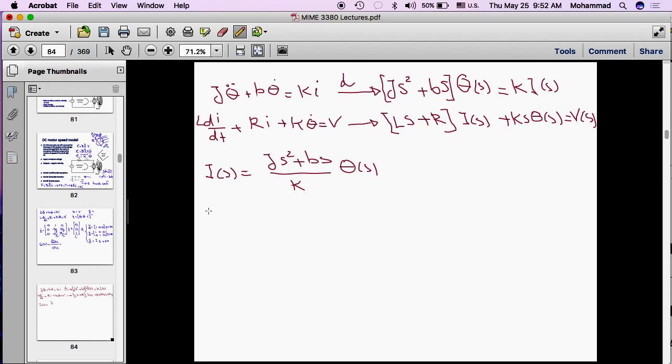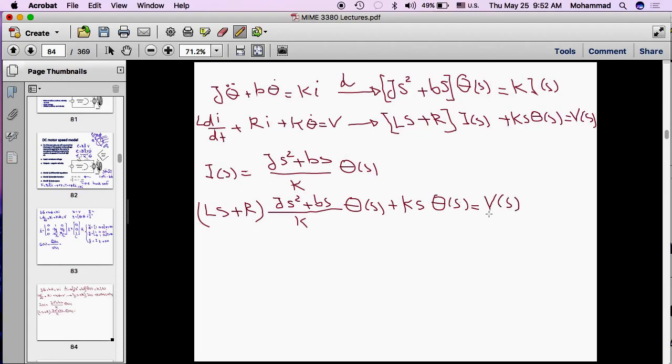So I'll write (Ls plus R) times (Js squared plus bs) over k times theta of s,